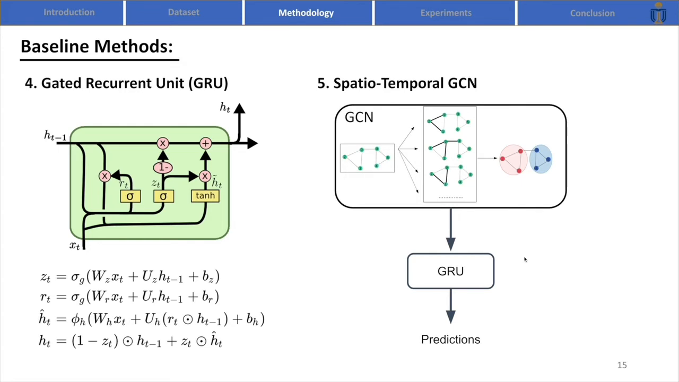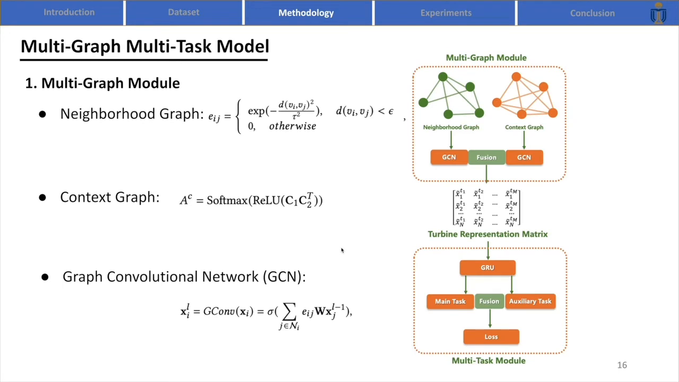And afterwards, we can just put the neighborhood graph into the GCN model and aggregate the spatial information from the locations. And then we can feed the information into GRU to predict our target values. After talking about the baseline models, I'm going to introduce the model we proposed in our report, which is